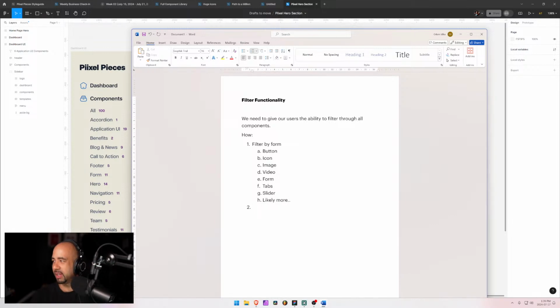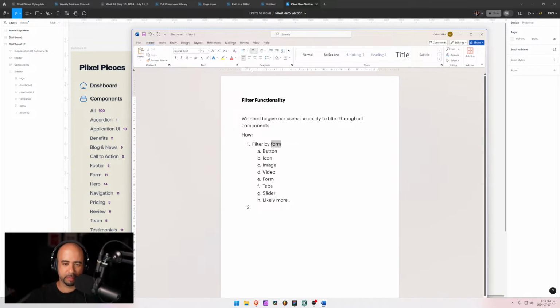Okay, so we need to filter by maybe like element, maybe a better way. Filter by layout, I think, is going to be important, right? And whether the alignment of text